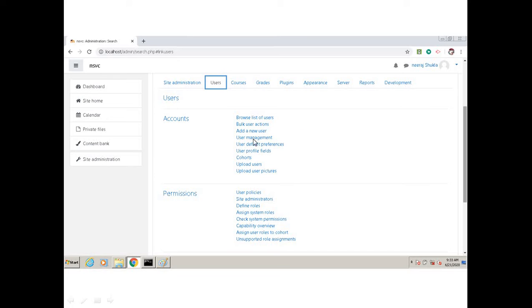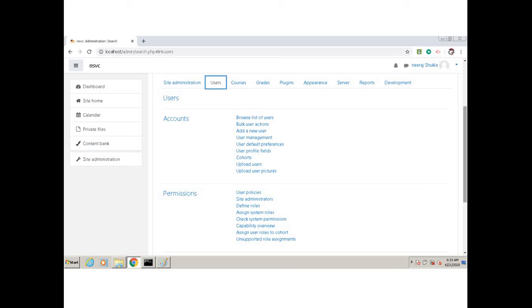You can do user management. Default preference for users you can change. User profile fields you can augment. Cohorts: that means if you want to assign a group of users a single thing, some course, some assignment or test, then you create cohorts.